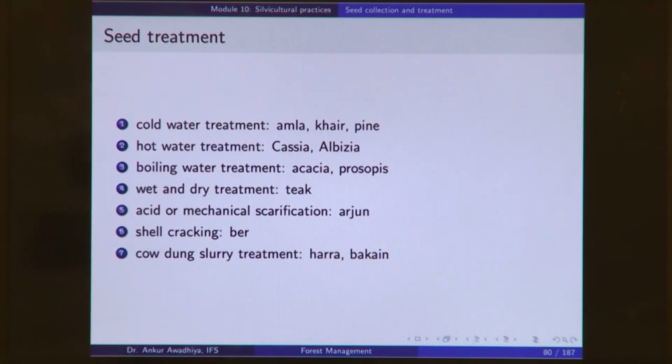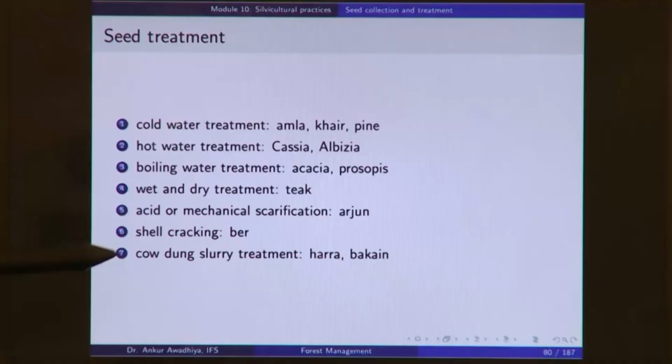For certain other species, you require acid scarification or mechanical scarification, in which case you use acids or you use mechanical abrasives to break open the seed coat. This is typically required for species like Arjun. In certain other cases, you require a shell cracking. Now, in the case of a shell cracking, your laborer will be using an equipment to crack open the shell. Now, this is used for those species where the coat is very hard, such as bear, and for certain other